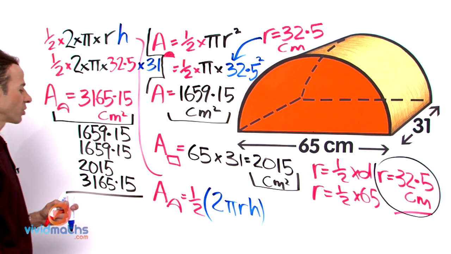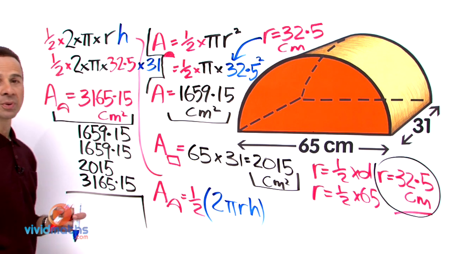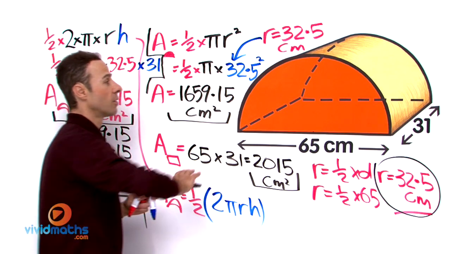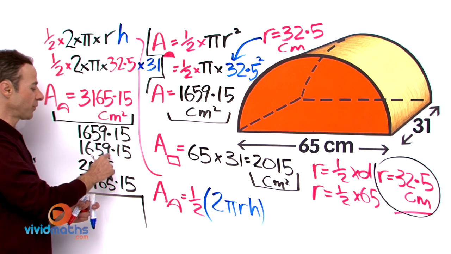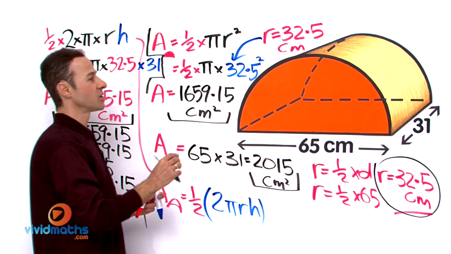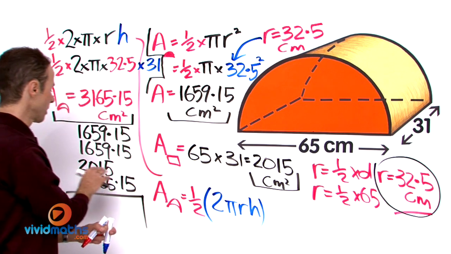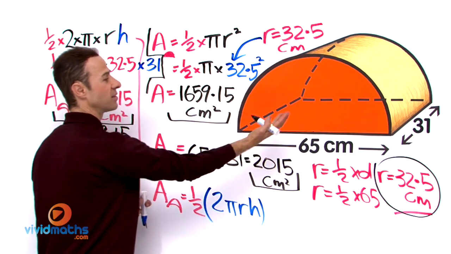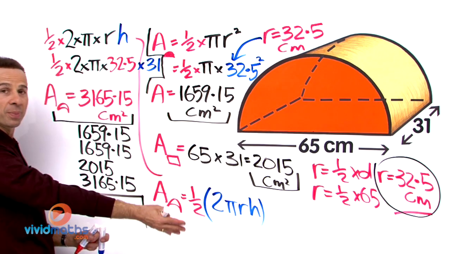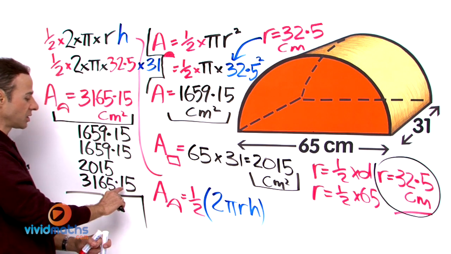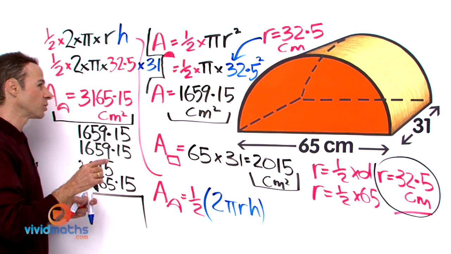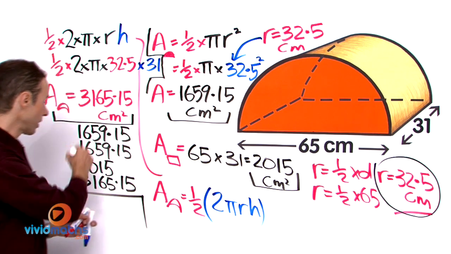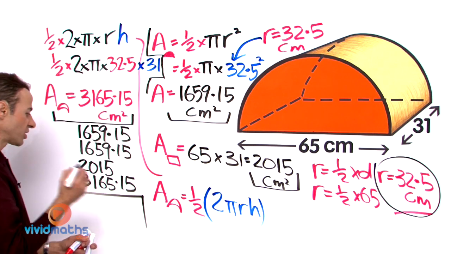Okay, this is going to give us the grand total, the complete and entire surface area for all 4 faces added together. There's the 2 faces for the 2 semicircles, the front and the back. There we have the 2015, which is underneath. And finally, we have the curved part on the top, 3165.15. Let's put them all in the calculator. That's all going to add up to, all together, in one hit, in centimeters squared,